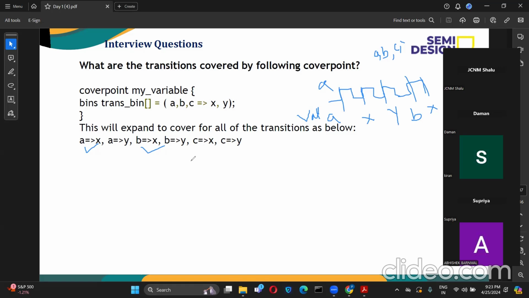This is how you have to understand what transition bins mean, what their significance is, and how those things are working. Based on the requirement, you will get A to X, A to Y like that. Based on your project, you will have some different parameters which you have to understand. But if you understand this, based on this, you will understand the complex things.